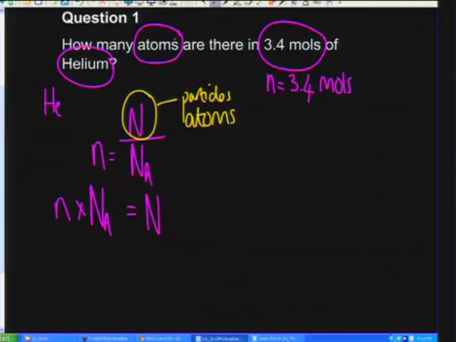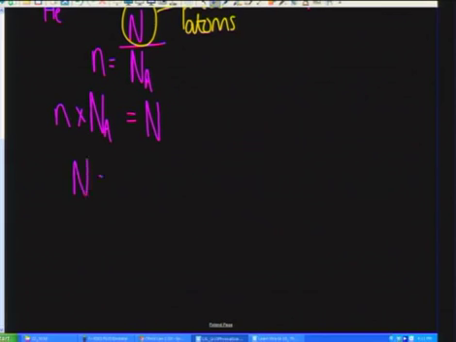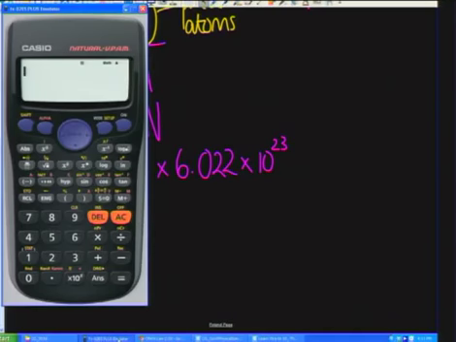Let's plug our values in. What have we got? Well, let's write N is equal to 3.4. That was the number of moles. Multiplied by Avogadro's number, so that's 6.022 times 10 to the power of 23. And you would need to work this in your calculator. So let's grab our calculator. It was 3.4 multiplied by 10 to the power of 23 equals,